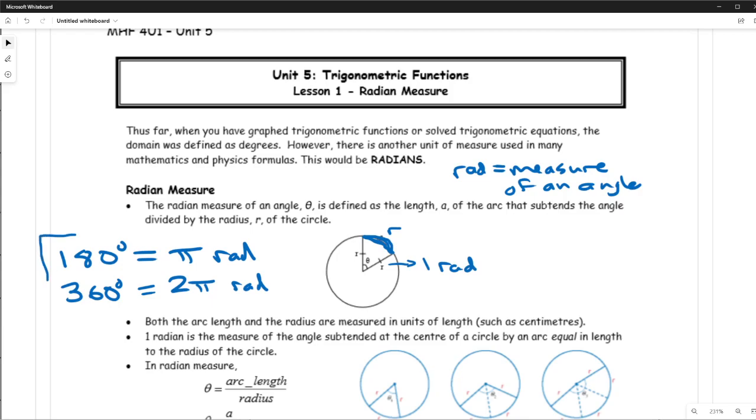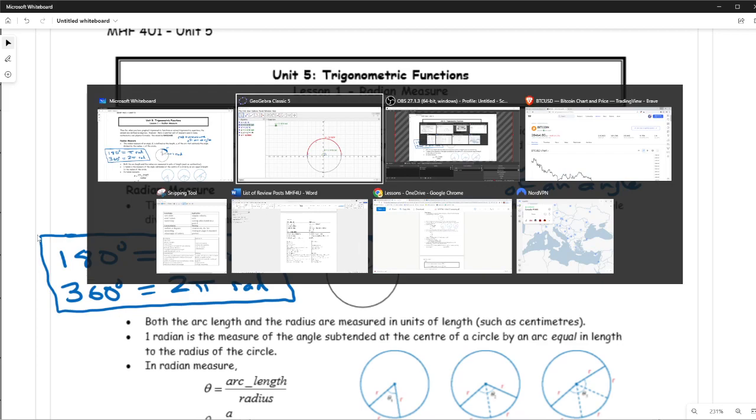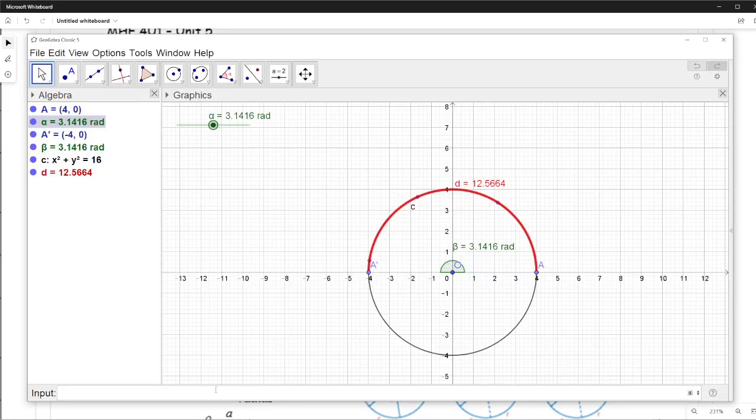What you think of as 180 degrees, I want you to start trying to think of as pi radians, because they're the same thing. 360 degrees is 2 pi radians. Let's just finish the demonstration, okay? So if I make alpha 4 rad, you notice I go 1, 2, 3, 4. Then if I make alpha 5 rad, I keep moving around the circle,